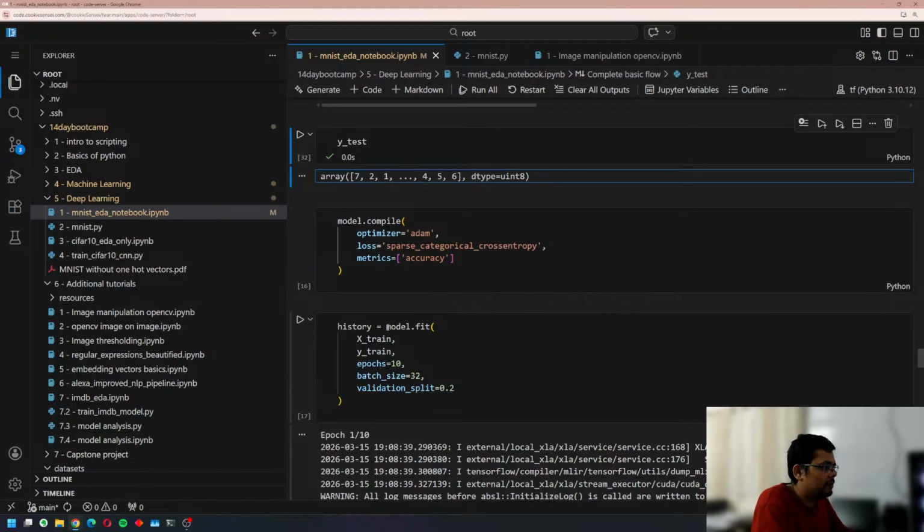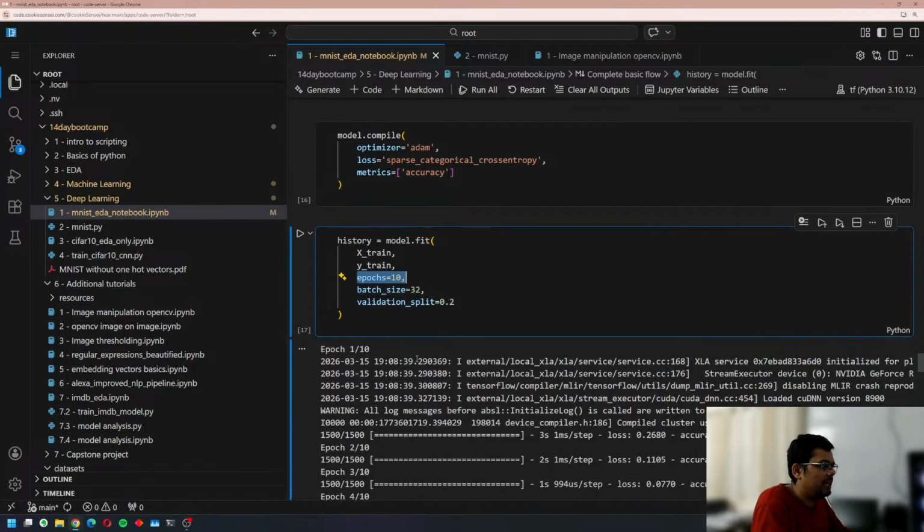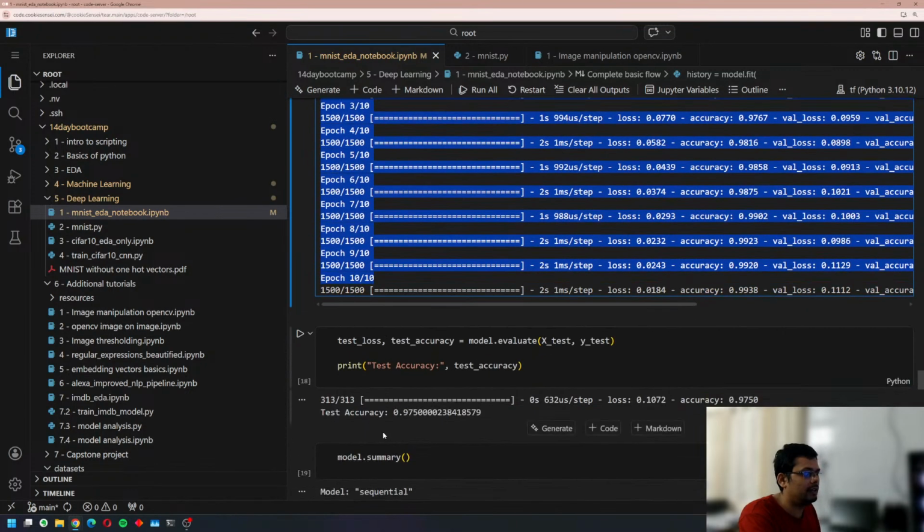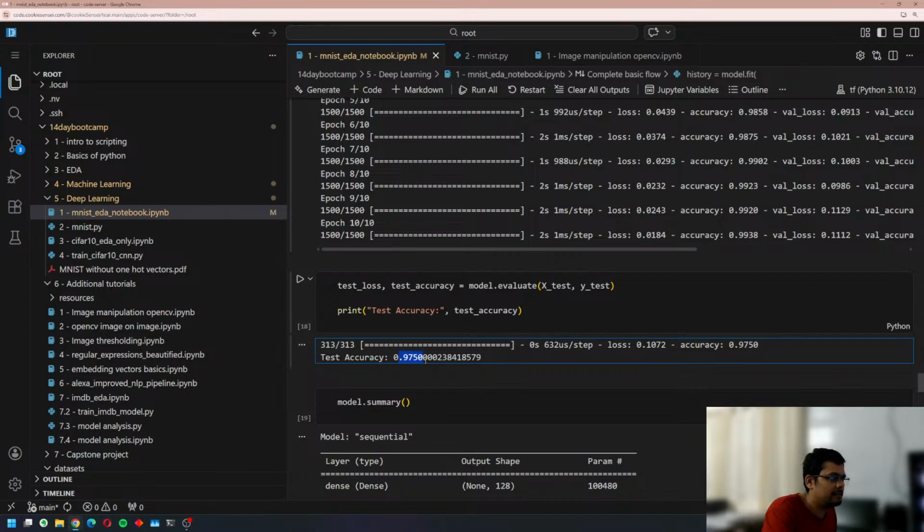So how do you train a model? You just say model.fit, give it X train, give it Y train, and how many epochs to train. Epochs means how many times you want your model to see the data: one time, two times, three times. The more epochs, the better the model gets. Basically, the more times the model sees your data, the better the performance gets. Right now, I'm just saying to train the model 10 times. And the accuracy is 0.97, which is lesser than what we got with logistic regression